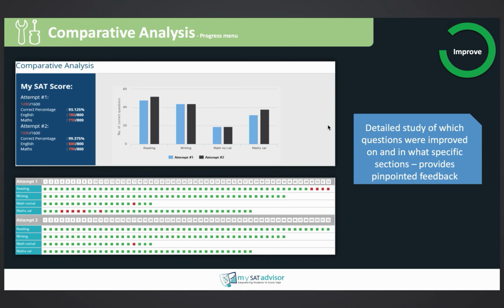Similarly, let's look at the third row, math no calc. The same question is wrong in both attempts. So what does that mean? Well, that's clearly a question where I'm having trouble either understanding the question or understanding the concept. And again, what's powerful is that you don't get this kind of insight in a paper and pencil format or in any kind of SAT prep for that matter, because it's very time consuming for students to take one test twice and then go back through both of their tests and figure out whether or not they made the same mistakes. First of all, no student wants to do that. And second of all, it's a very time consuming process that the student should not have to worry about doing by hand.